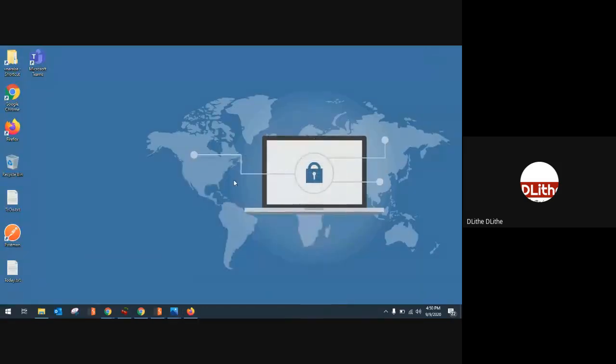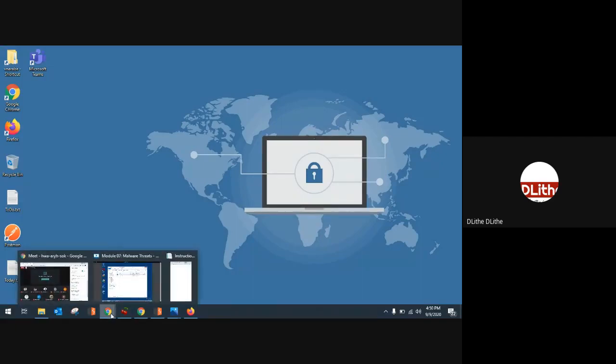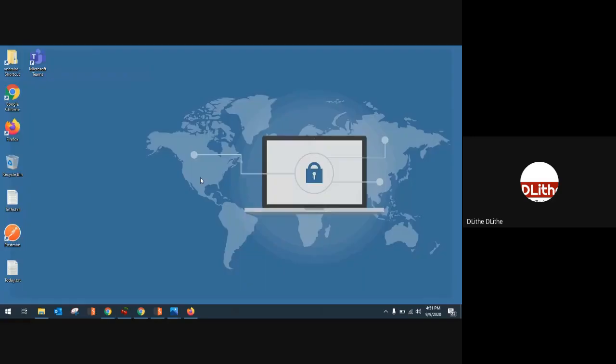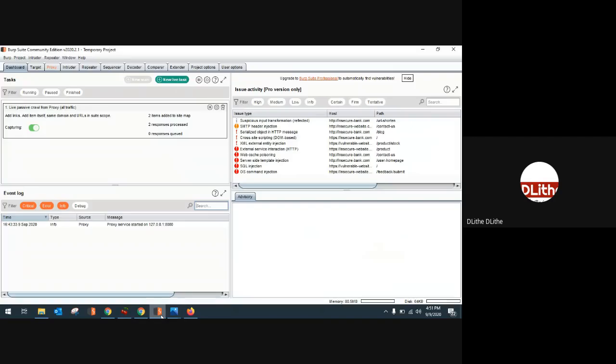Okay, let us start from scratch. First and foremost, you need to download and run Burp Suite. You download the community edition. In case you want to purchase, you can, but I would recommend working on the community edition in the early stages. Once you download and run it, you will be prompted with this particular page. Always understand, in our case we are using Burp Suite for the purpose of password cracking, not for anything else.